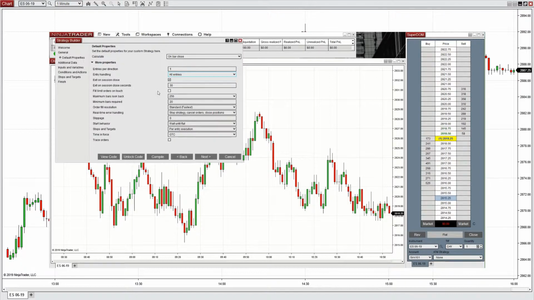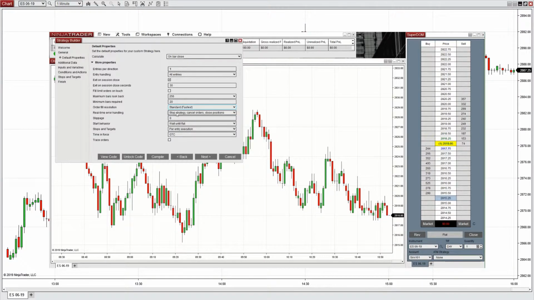You have the choice to fill your limit orders on touch. Maximum bars look back is 256 on just about all the options and properties you have within NinjaTrader 8. Minimum bars required is 20. Order fill resolution. You have standard, which is the fastest that the order is going to get filled, or high. Now, fastest, this is not how fast your orders are going to be filled. It is how fast the calculation is going to be calculated to give you your end result when you backtest it. Real-time error handling. You have a couple different options that would